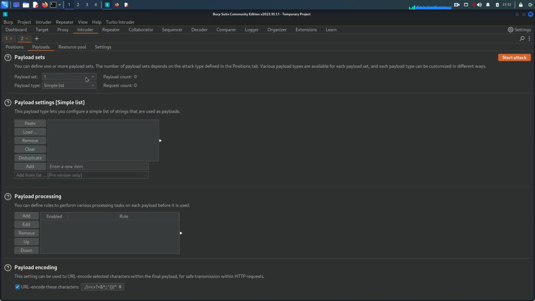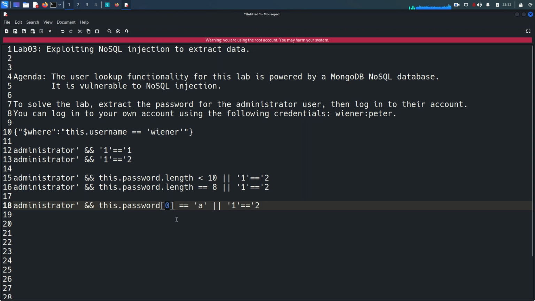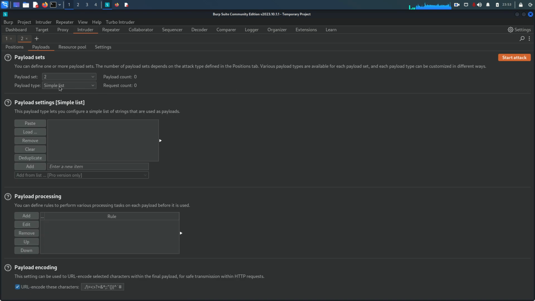Go to payload. So the first payload is going to be your number. Where is number? Here. So this payload is going to be numbers, because we know that the characters in the password are 8 and it will start counting from 0. So we need to put here from 0 to 7, and every time it will increase by 1. Then go to the second payload, and in the second payload let's choose simple list, and here you need to add every character: A, B, C, D, E, F, G,